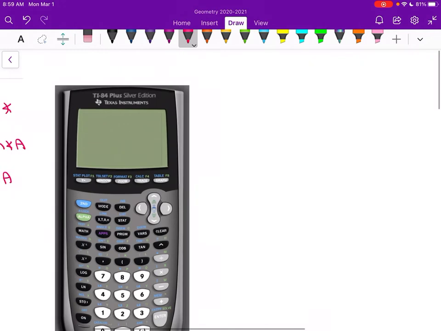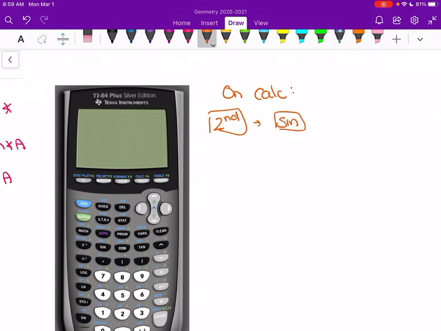On your calculator, what you're going to do first is press the second button, and then press your sine, your cosine,